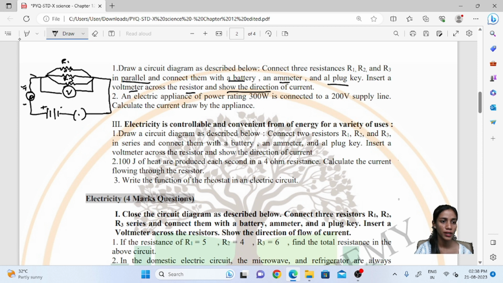So we have to show the direction of the current. Okay. This is the direction of the current. Okay. So now what is the